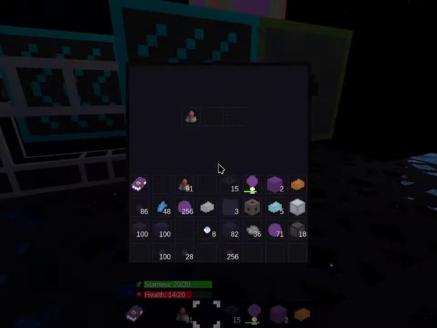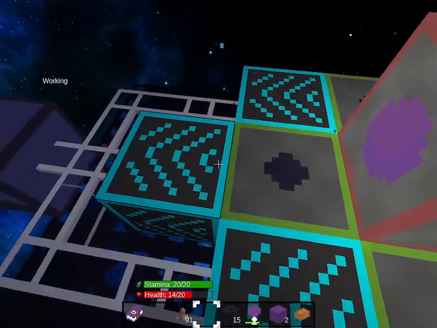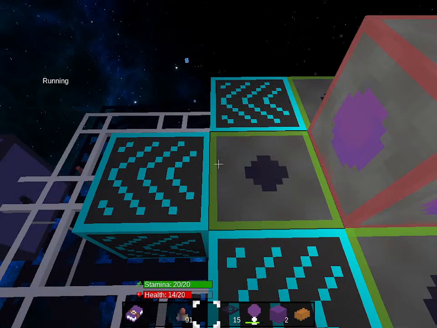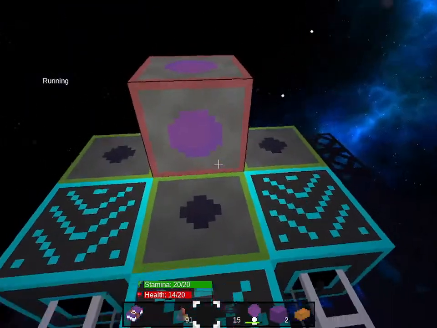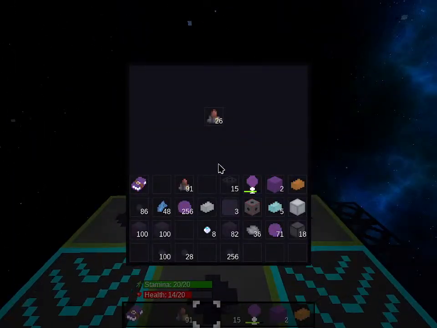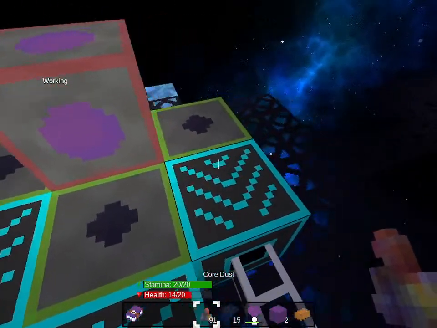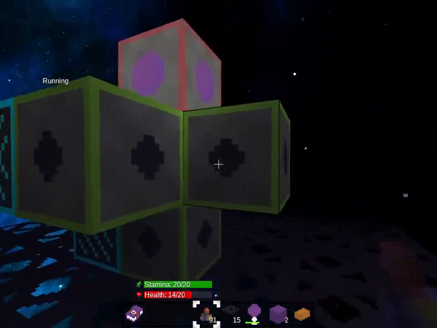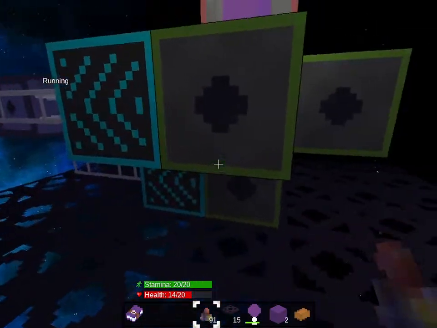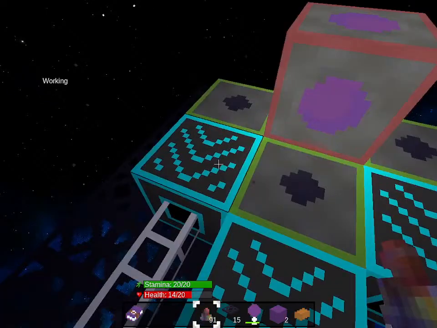It leaves behind the core dust though. There's an item void that will delete the core dust. Or you could add another drawer for core dust. Well, I mean, I want the core dust to go into here, I guess. That's where it needs to go. So if I make more of these,